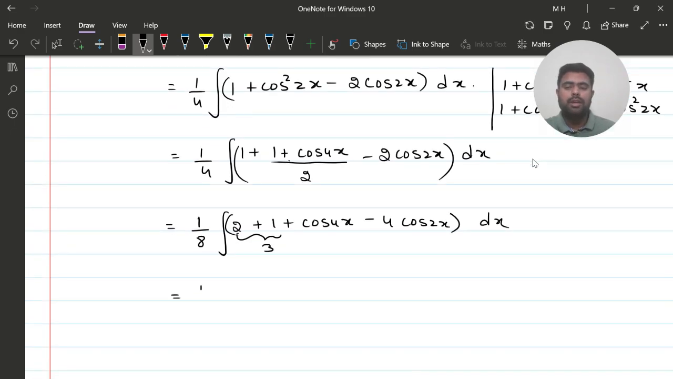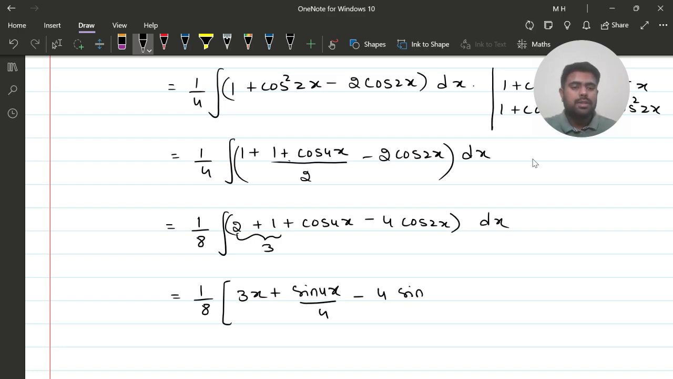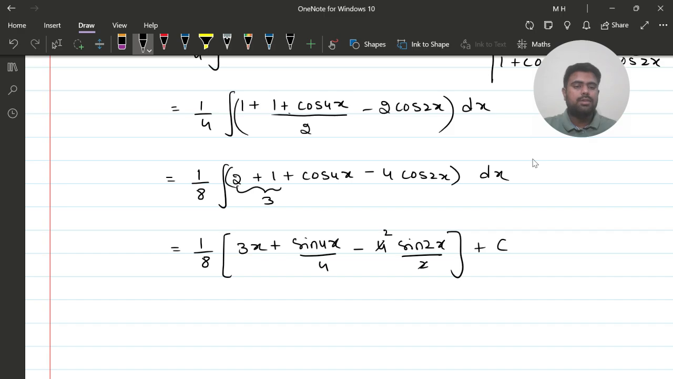So this would be 1 by 8 into the integral of 3 is 3x plus what is the integral of cos 4x? It is sin 4x divided by 4 minus 4 times what is the integral of cos 2x? It is sin 2x divided by 2 plus c. You can see 2 ones are 2, 2 twos are 4, so it is 3x plus sin 4x by 4 minus 2 sin 2x plus c. So this is going to be the integral. Okay,